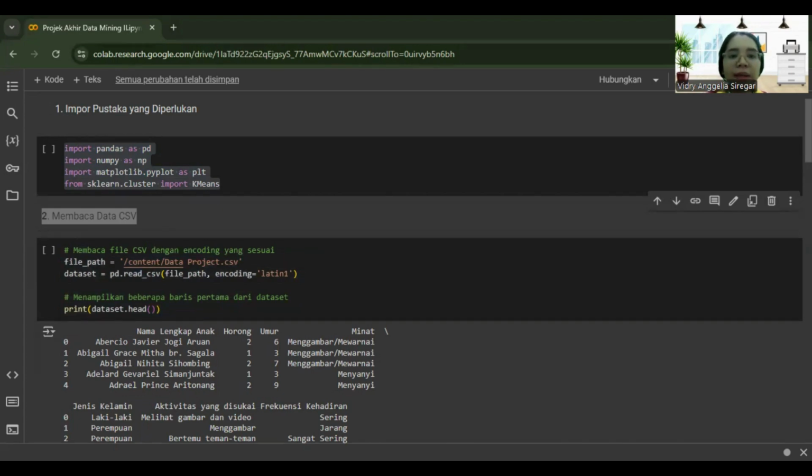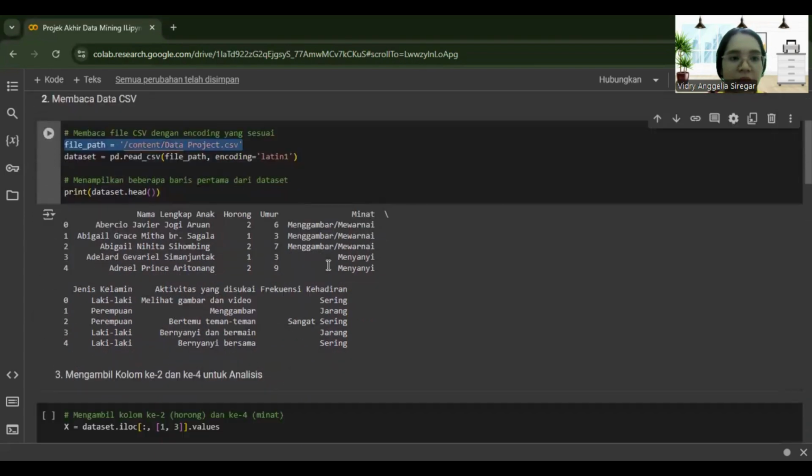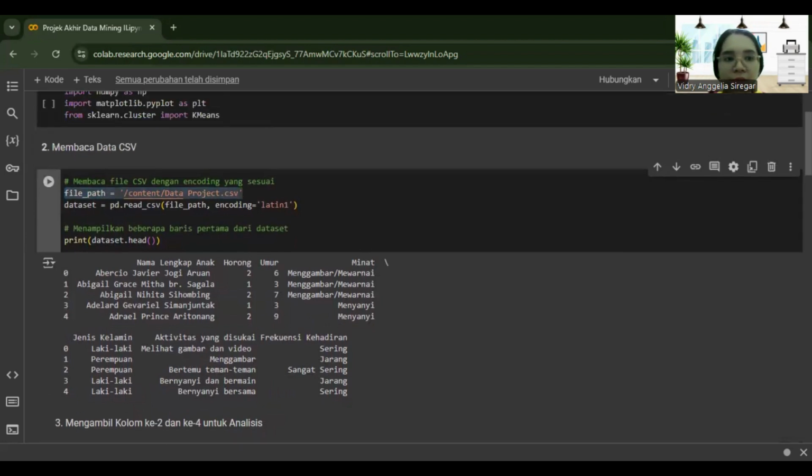File path equals the data project CSV, dataset equals pd.read_csv with encoding Latin-1. The file path line specifies the location of the CSV file we want to read.